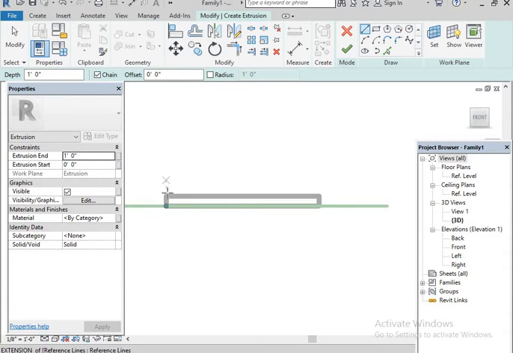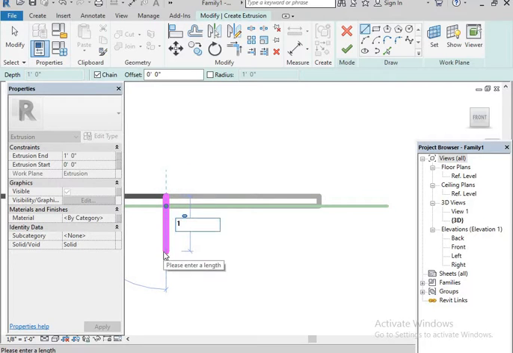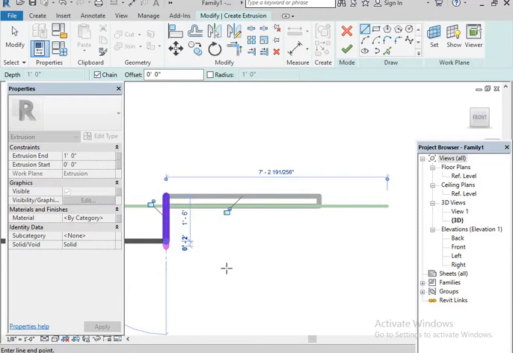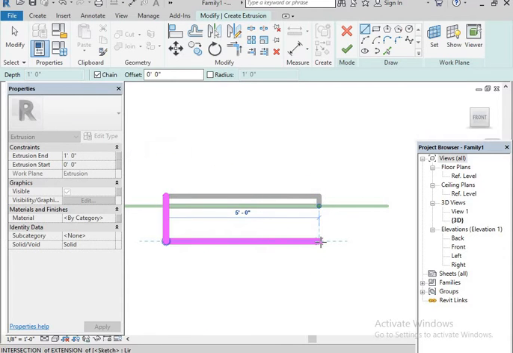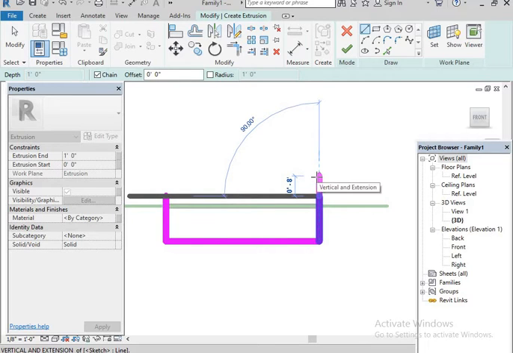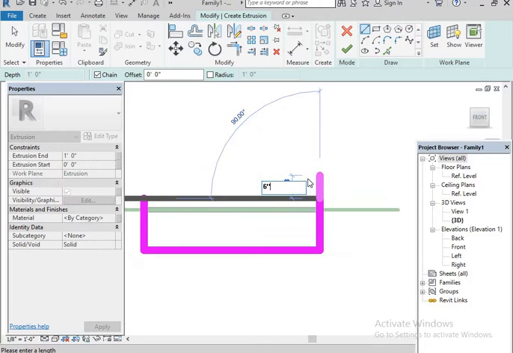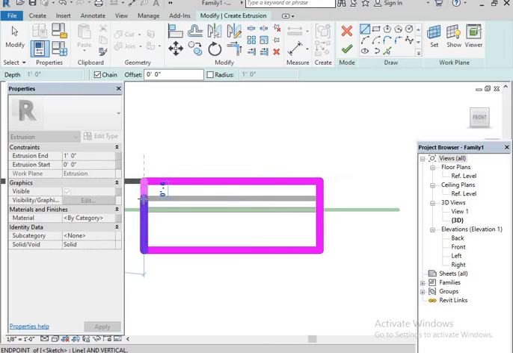Here you can make from here to here 1 foot 6 inches. Enter. After that I can extend it here. Here also we need a little bit of height, 6 inches I'm using there, for convenience. Then you can connect like this.